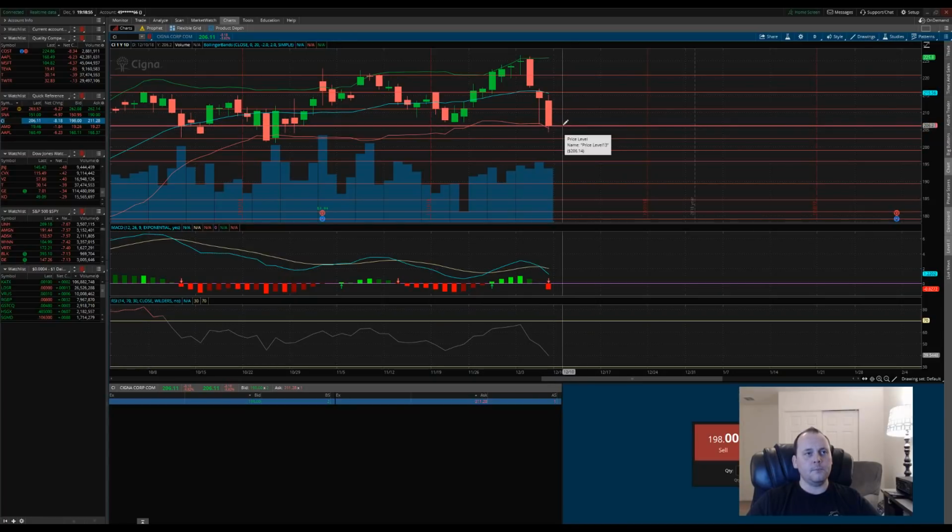We'll talk about this first line right here. If it breaks through this support, this will obviously become the new resistance at 206.14. I want to see it struggle right there, and then I would like to ride it down to 202.39. Now, if it would just gap down to right here, at its low at 204,